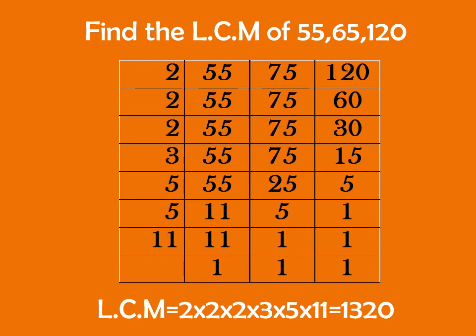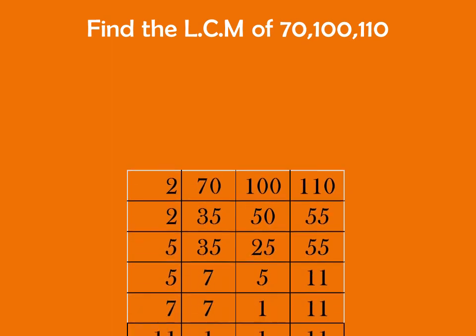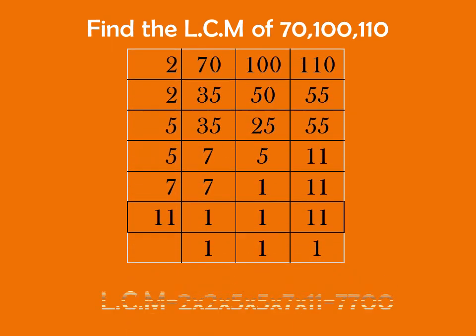We'll take a lot of examples just to clear the doubts, and this one will be 70, 110 and 100. We need to find out the LCM, and let's see the solved solution to this. And we look at over here, there's no 3 over here because we don't require 3 as a factor in this particular example.